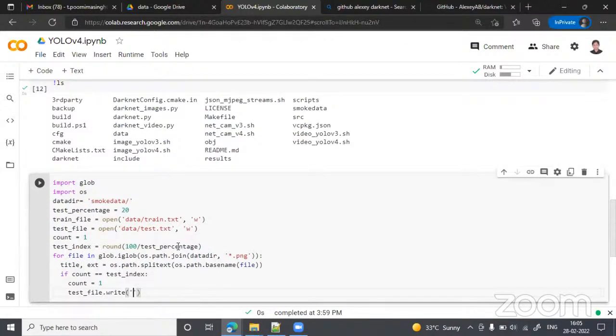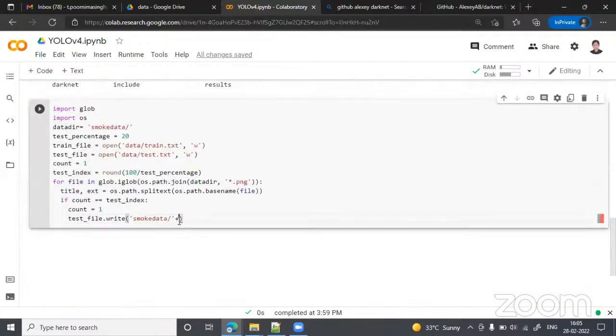The path is smoke data plus, or we can write smoke data plus title plus .png,